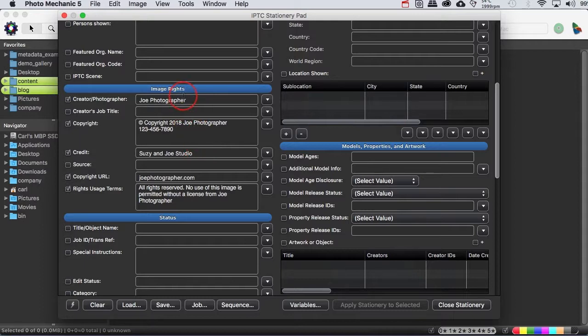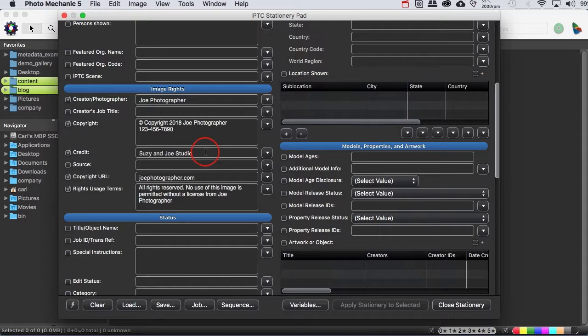Okay, Joe Radel would go in the creator field, it's the name of the photographer, and he's a staff photographer for Getty Images, so Getty Images' name would go in the credit field. And if you're doing Creative Commons, you could put your Creative Commons license in the credit field as well, under the same principle. That would make a credit in the published photo that would be the name of the photographer,